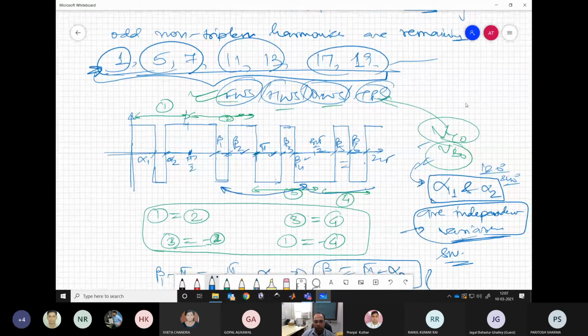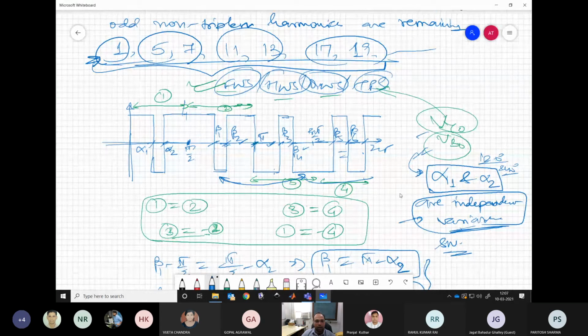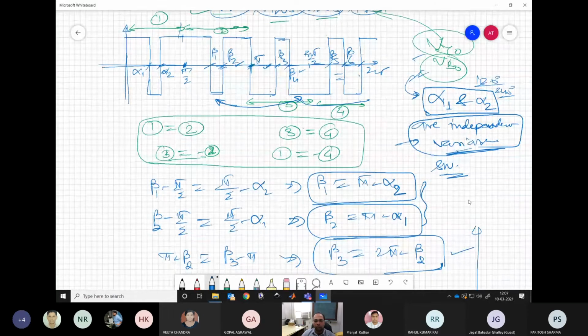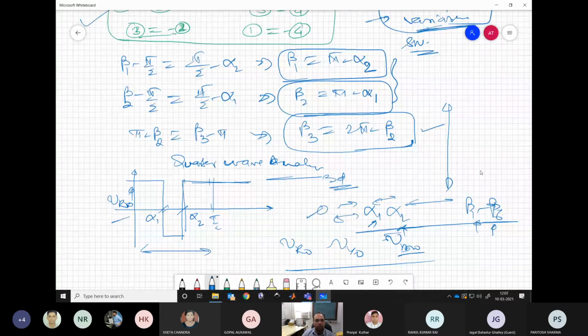Now we saw that if we are maintaining all the symmetries, then basically we are reducing our number of independent switching angles in the waveform. So how many independent variables we have in a system is now only limited to 1/4. Any 1/4 you can take. If those angles are defined, then all the other angles can be figured out based on the symmetry conditions. So we have seen a case for two switching angles alpha 1, alpha 2.